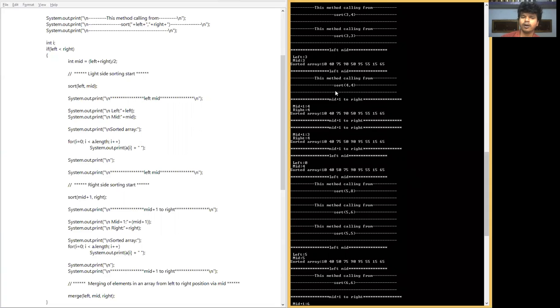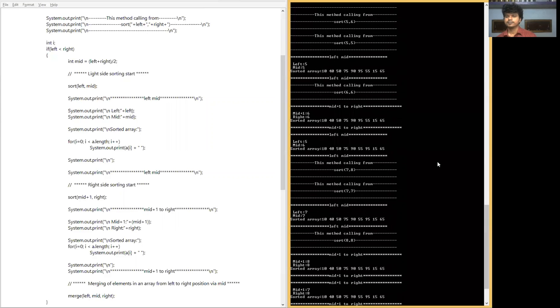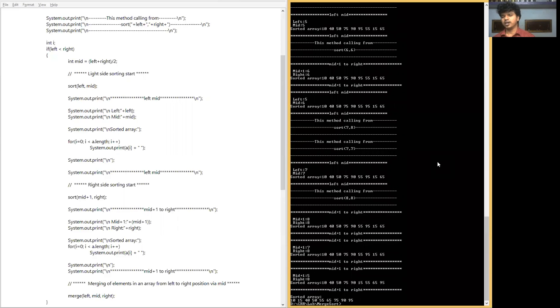You can get confused about how this kind of recursive function calling itself is going to be evaluated. That's why I am showing this by displaying such information in this output. This can break your confusion about recursive functions. In this way, recursive functions are going to be executed serially, not parallelly. These recursive functions are executed one by one. Finally, we can get a sorted array.